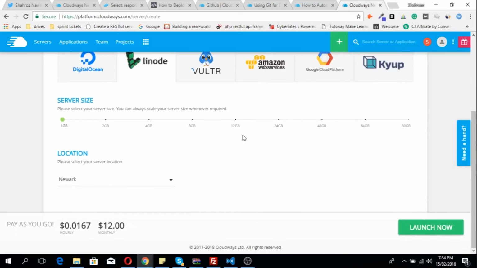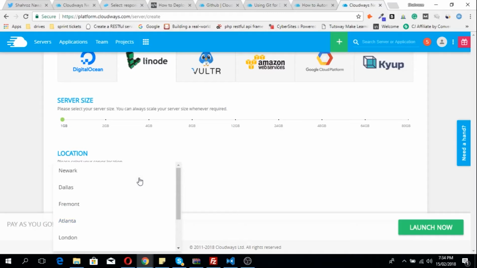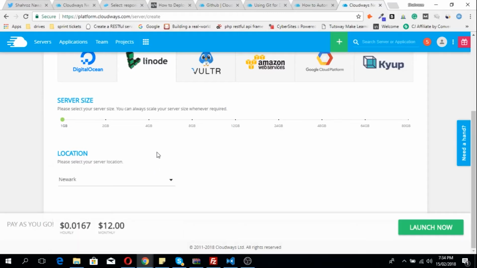Okay, so on Linode you also need to select the server size and location. All the data centers of Linode are available here. Just select server size and give a location, and click on Launch Now to launch the server on Linode servers. Okay, similar for Vultr, and there's a big difference between